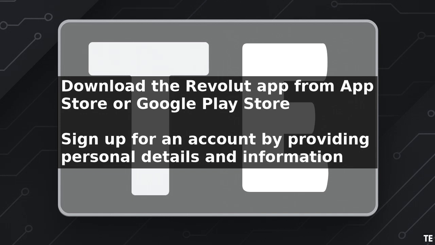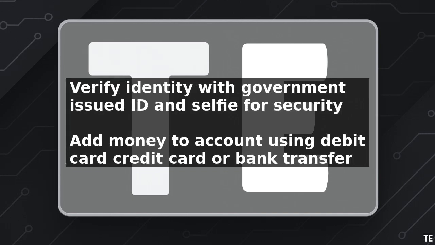address, and phone number. After signing up, you will need to verify your identity by providing a government-issued ID, such as a passport or driver's license, and a selfie. This is a standard security measure to ensure the safety of your account. Once you have verified your identity, you can add money to your Revolut account using a debit card, credit card,